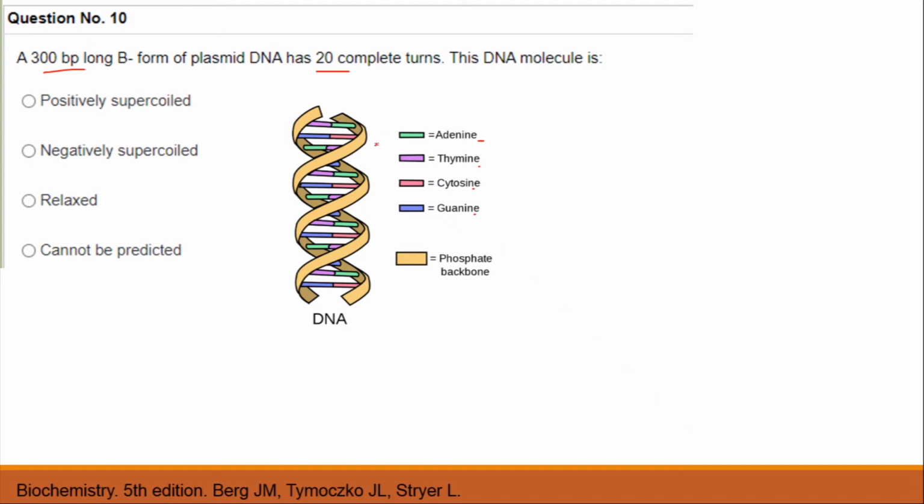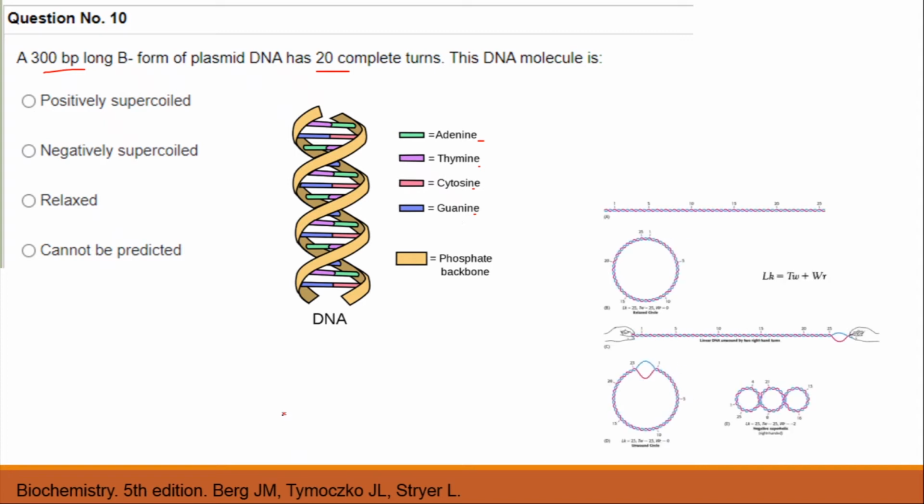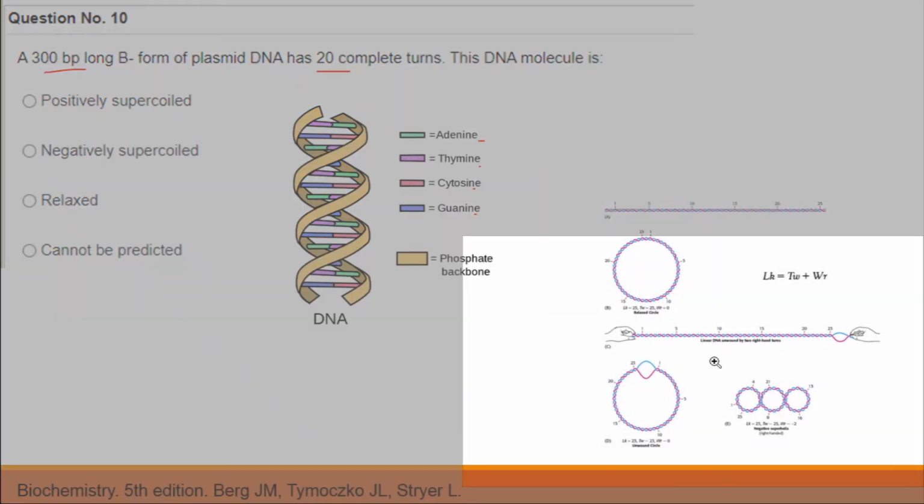that are adenine, thymine, cytosine and guanine, and we can find complementary base pairs on the opposite strands. As we can see here, adenine pairs with thymine, cytosine pairs with guanine. There are 2 hydrogen bonds between adenine and thymine and 3 hydrogen bonds between cytosine and guanine. Now let us understand DNA supercoiling.